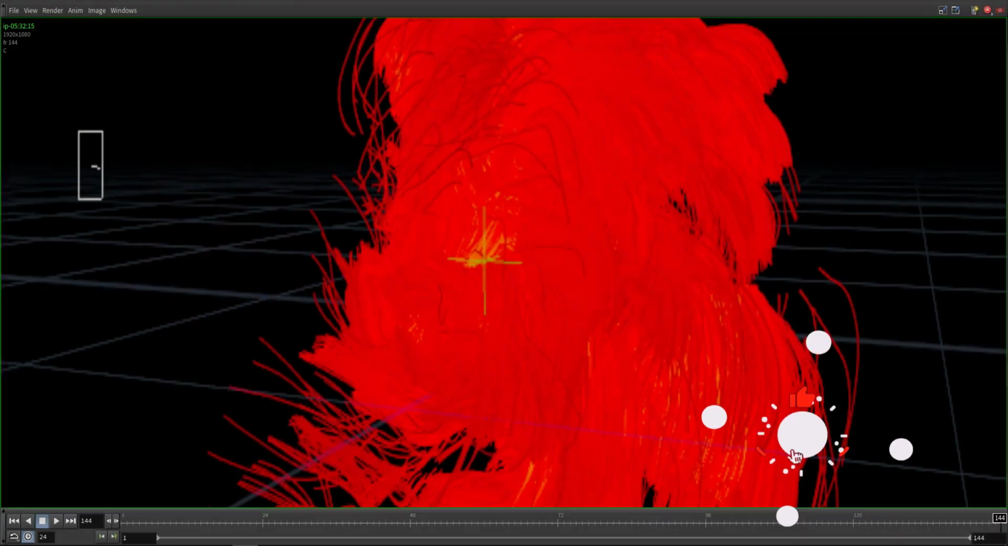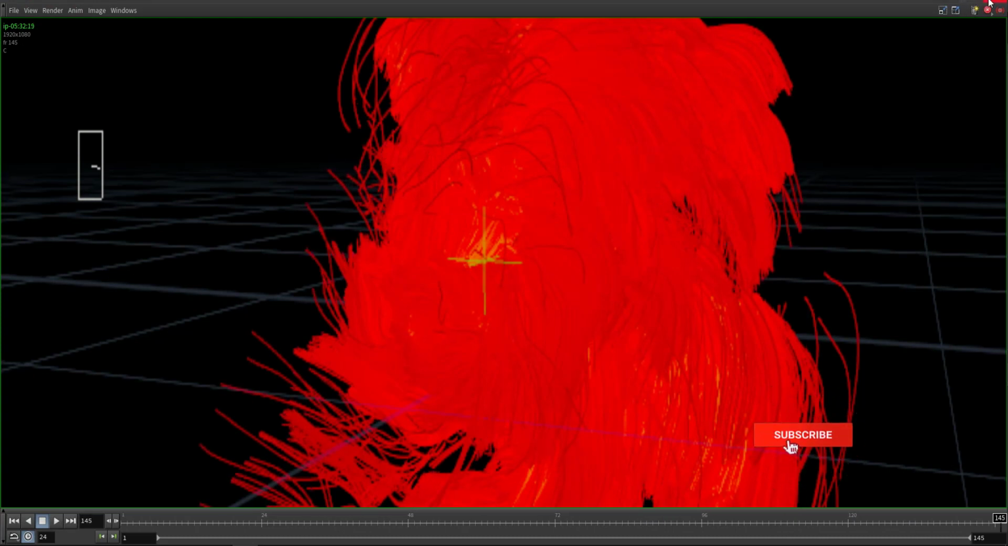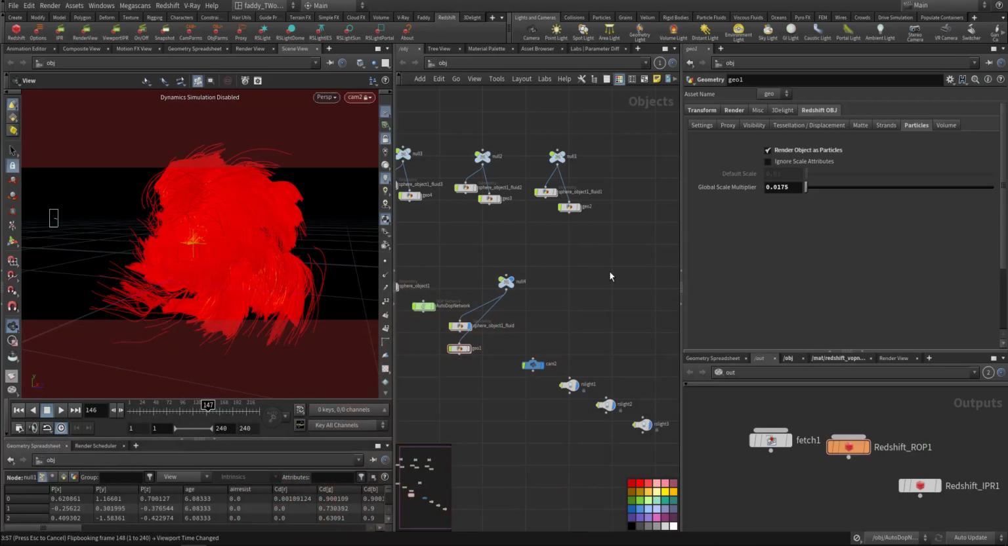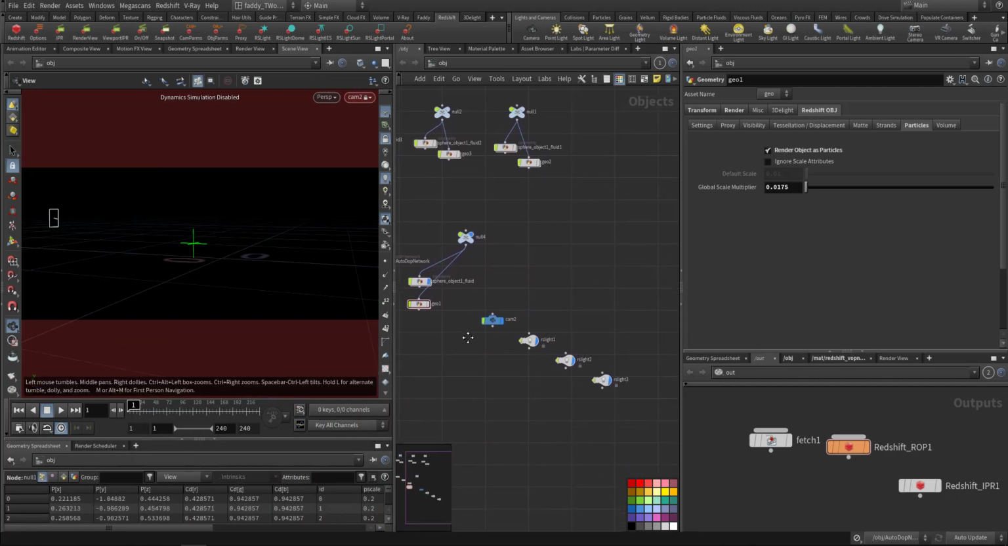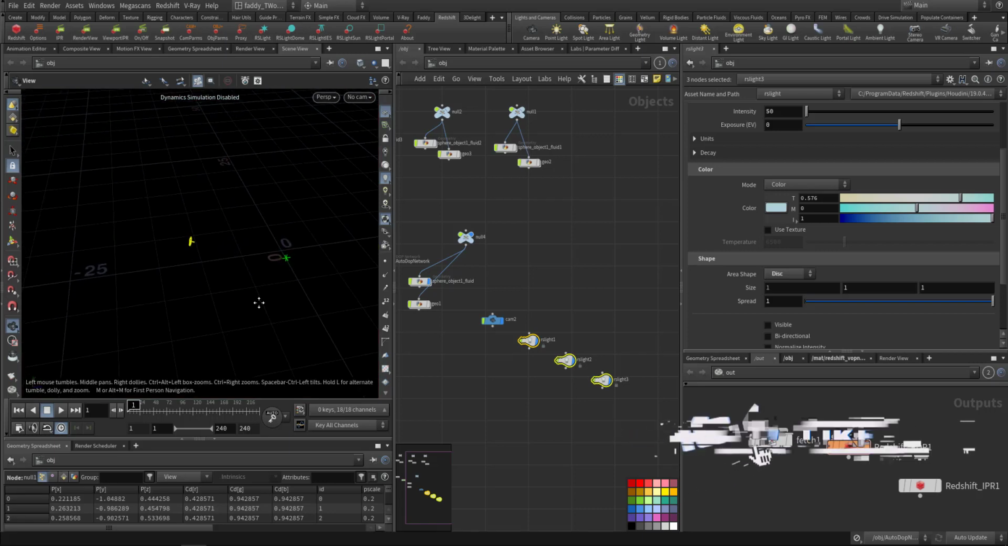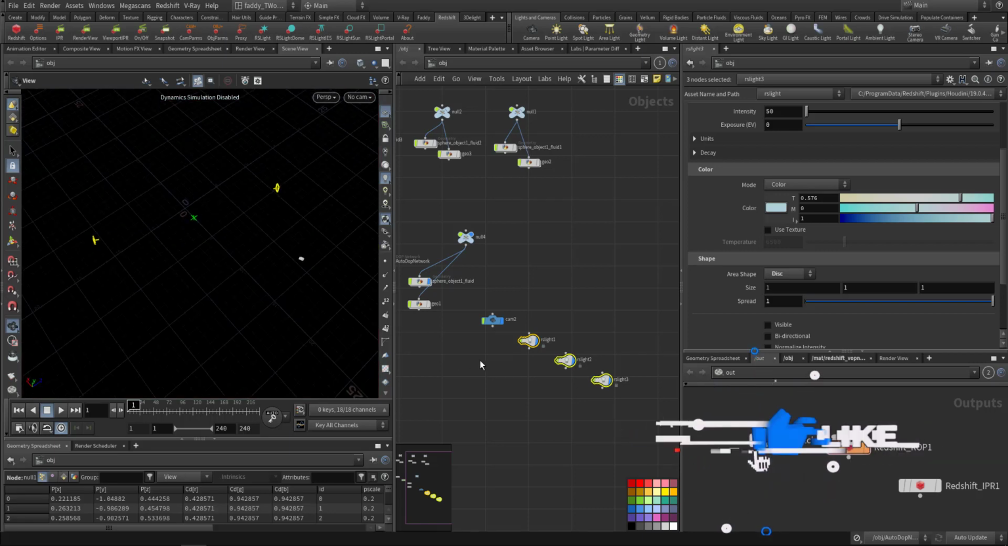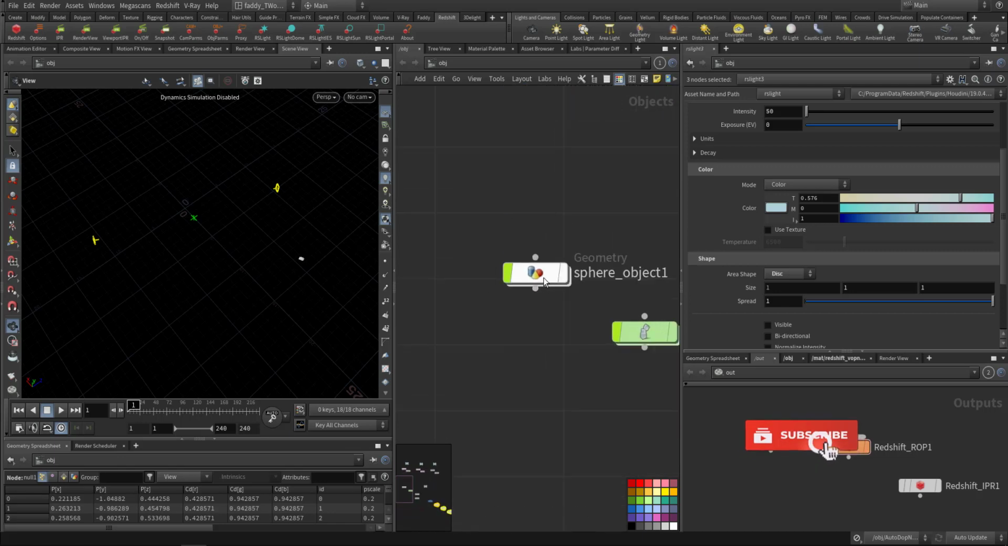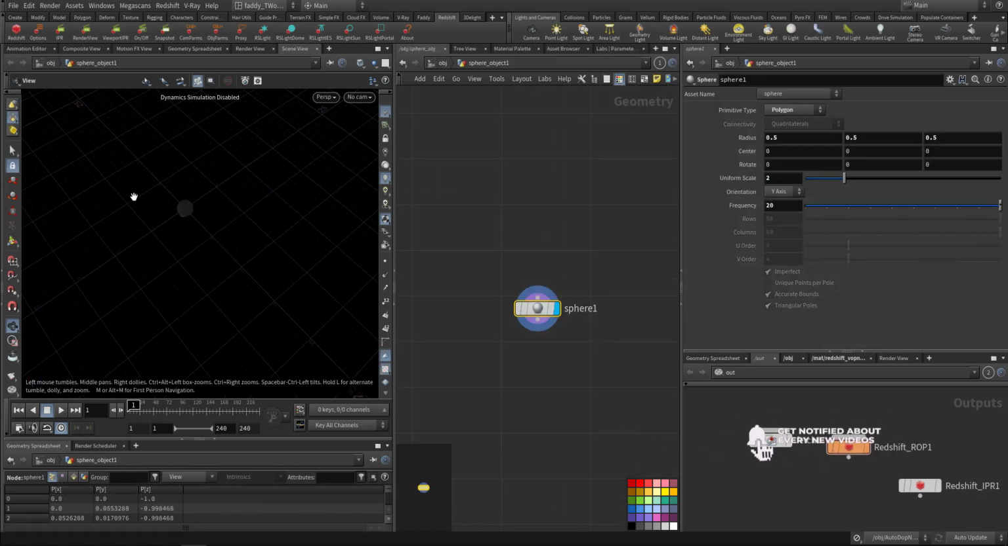Let me just stop this one, disconnect. Okay, so let me go to the first frame. Here I have three lights just surrounding the object, and I started with a sphere. So this is the sphere,